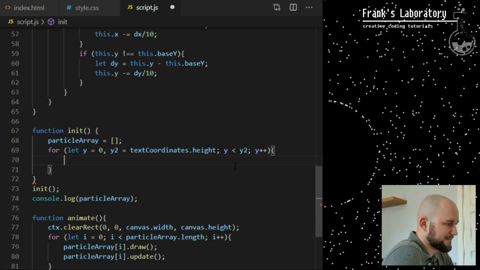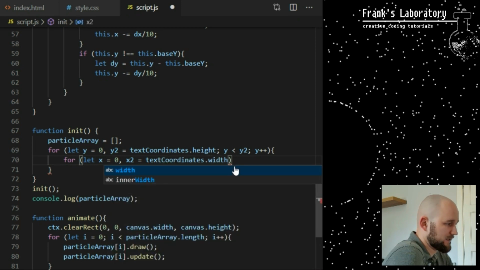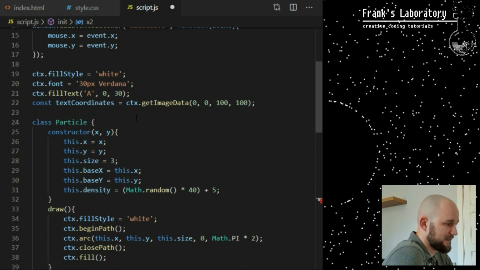So this is analyzing pixels row by row. Each time I enter a row of pixels, I want to go through them one by one, from left to right. So I create a nested for loop, which simply is a loop inside of another loop. Here I say let x equal 0, x2 is text coordinates width, which is simply the width of the scanned area in pixels.